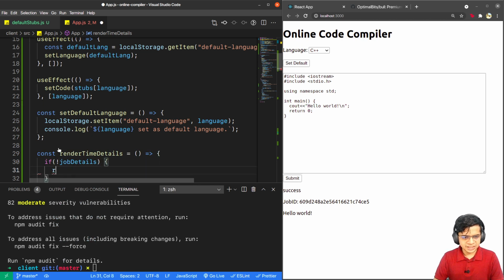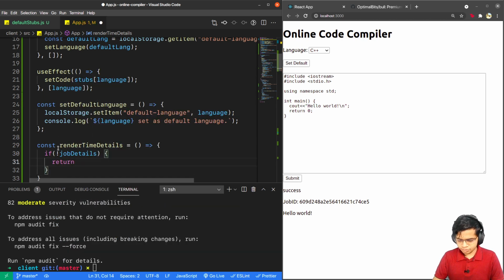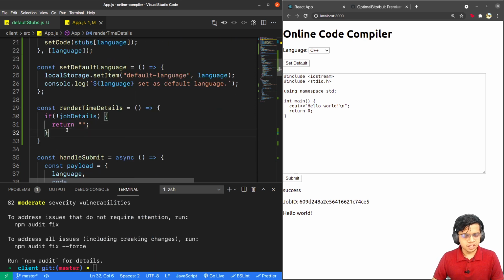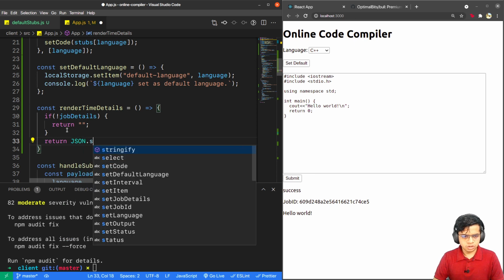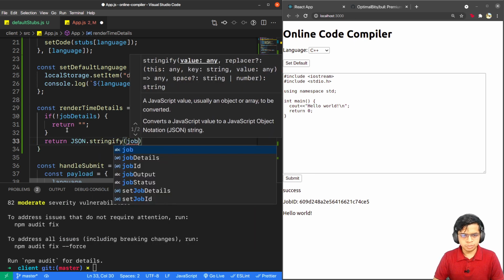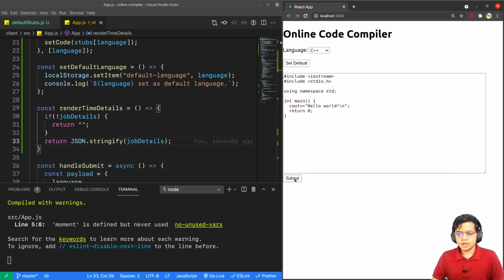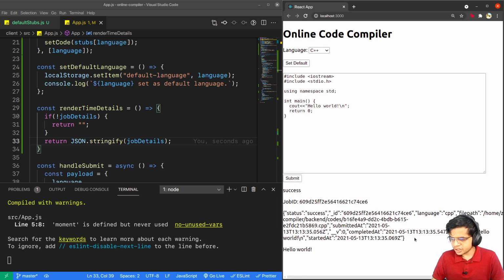If they don't exist, I'll just return an empty string, and otherwise I'll just return JSON.stringify of jobDetails to actually see if it works, and I'll click submit. So here's the job, and you can see that we are getting all the data here in success.